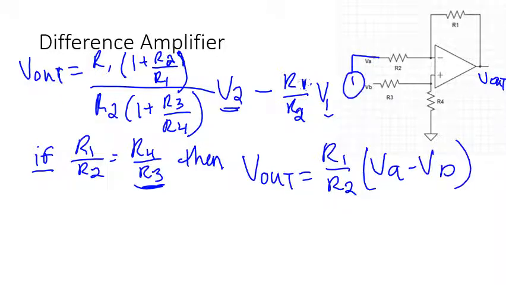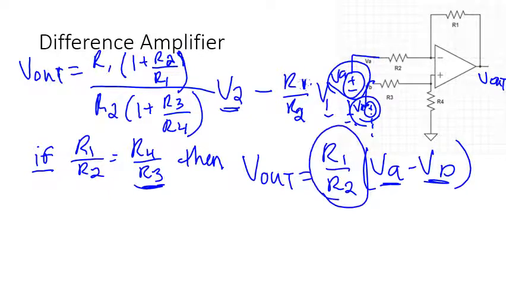Again, VA is a voltage over here. It could have been a voltage source you're attached to, and VB right here. But what this does is takes a voltage VA and it subtracts another voltage source that you have, VB, and multiplies by a factor. Because it subtracts, this is a difference